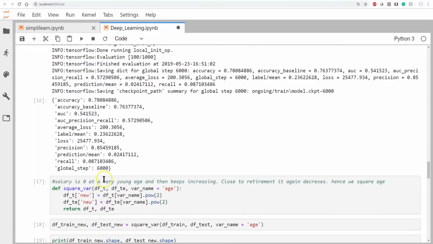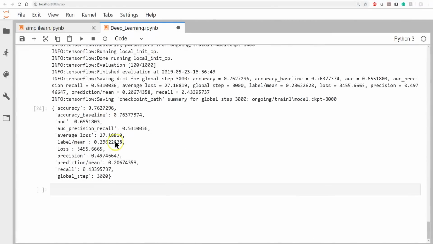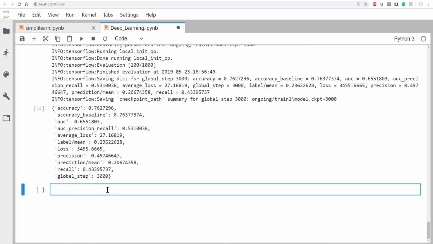In fact, we could probably run it a dozen times, which would be very bad data science. And we see we actually had a slightly better one up here, but our baseline accuracy was 0.76. And we come down here, we still see, here's our accuracy baseline, 0.763. That didn't really change. And the accuracy didn't really go up that much. I could hit the run button a few times, and I would probably beat the one above. So not a big change, but that's all right. This is how we learn. This is how we go through and figure out what's going to work with our data and what's not. What's going to improve the quality of our data so we have a better prediction, and what's not.